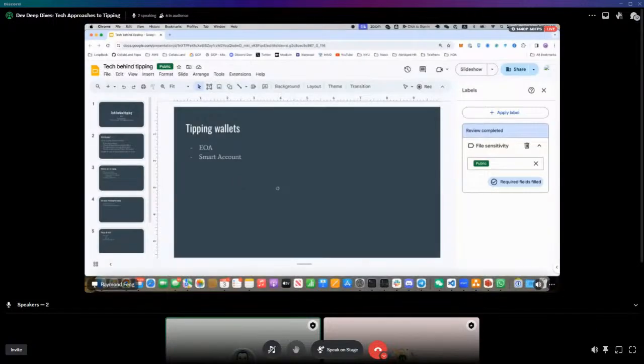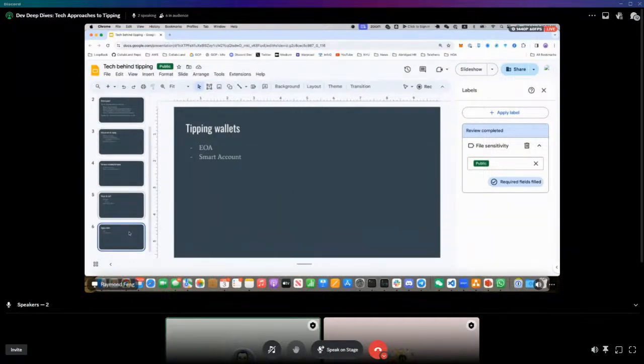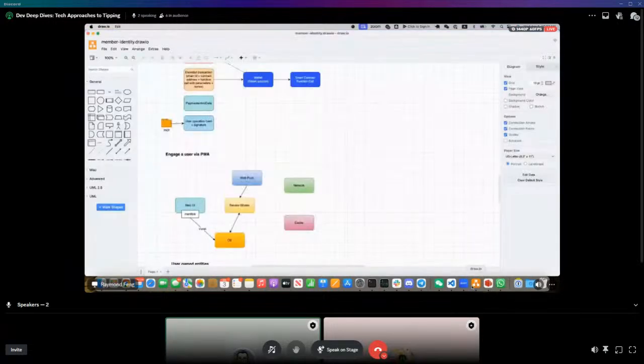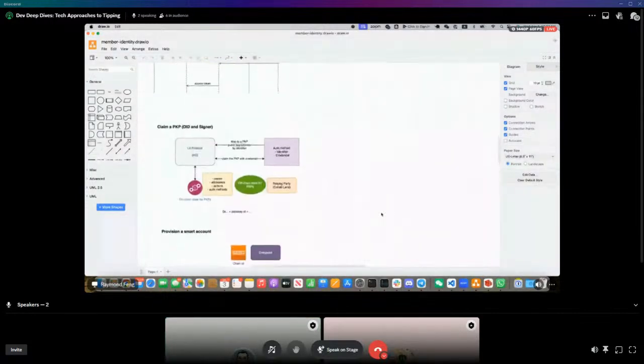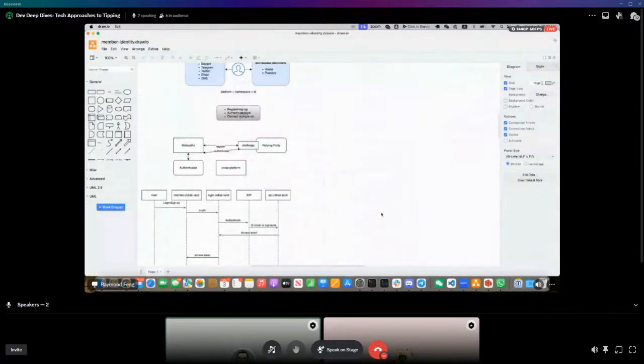So I want to show a diagram that explains what we think we can actually deliver as an interesting tipping solution in the context of Collab.Land. So let me open the diagram I drew a while ago. So we are thinking about